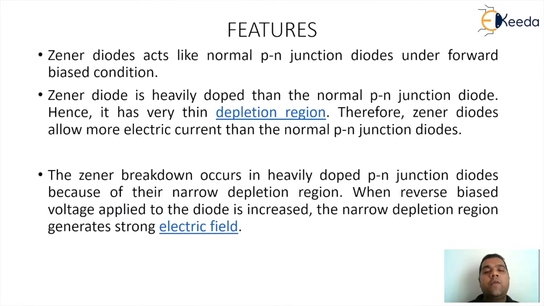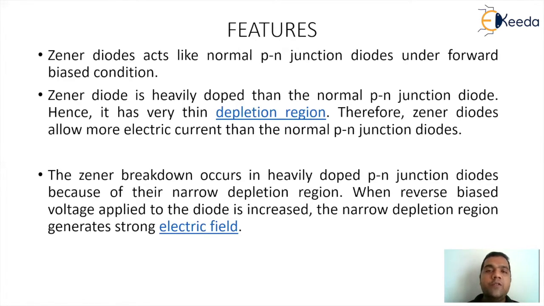So first of all, we need to understand the feature of the Zener diode so that it can be used as a voltage regulator. We have already seen the definition of voltage regulator and the expectation from a voltage regulator. We want to ensure that the output voltage which is being created, or you can say converted from AC to DC by the power supply, should be constant and stable. To achieve that target, we are going to use a Zener diode.